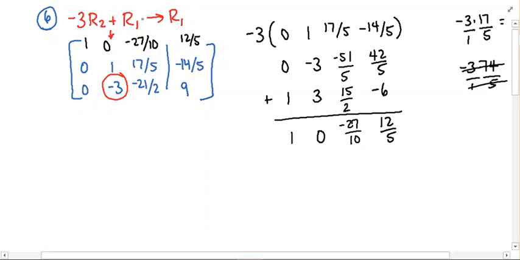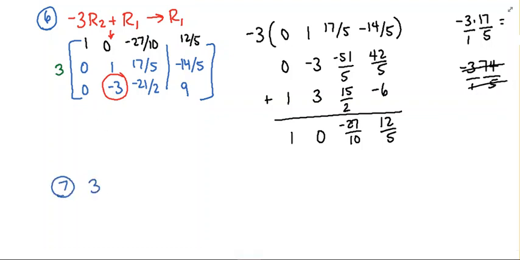Well, we're trying to cancel a -3, so we're going to multiply by +3. Because if you do 3 times 1, that will put a +3 here. Add it back to -3, you'll get your 0. All right, so for the next matrix, for matrix number 7, our row operation is going to be